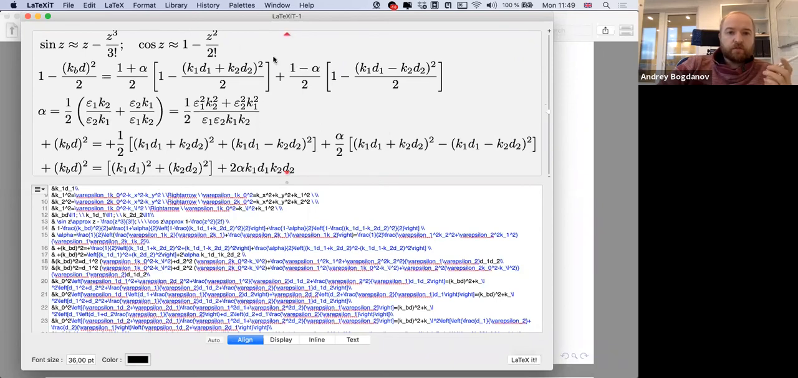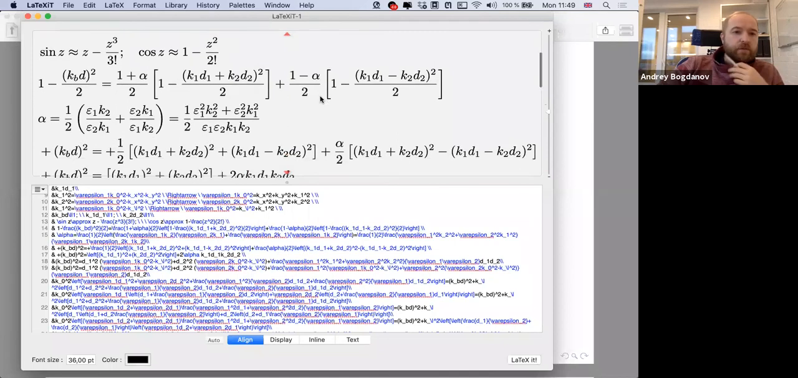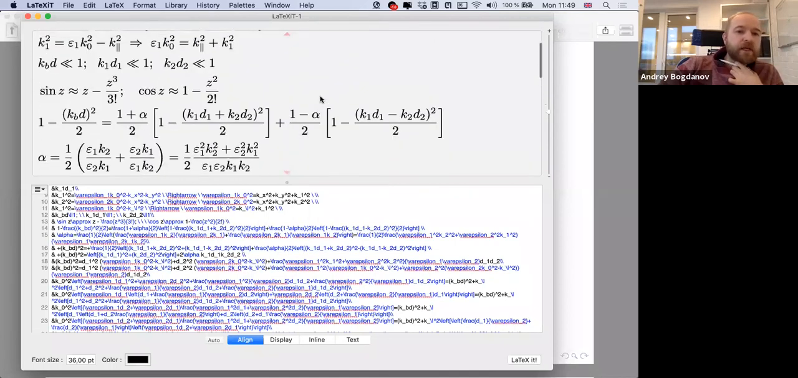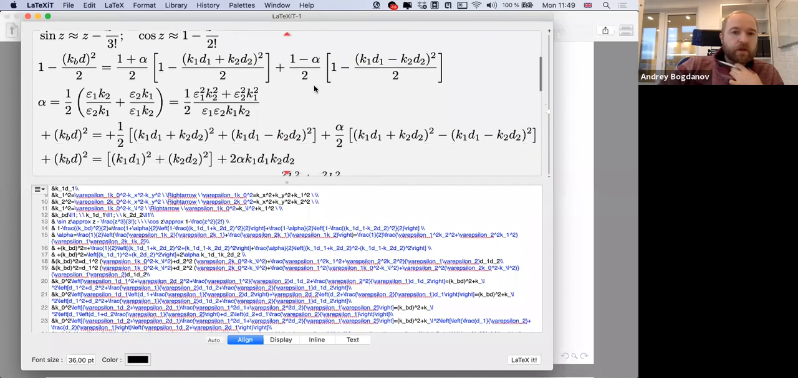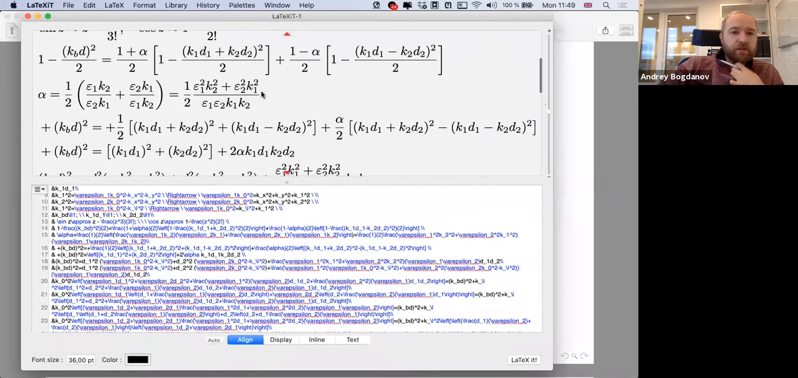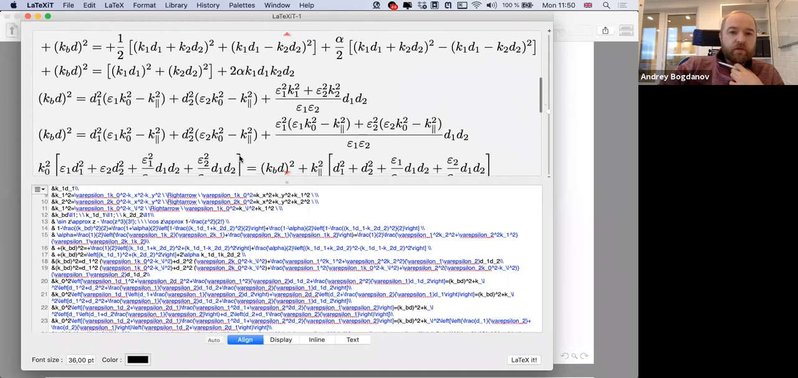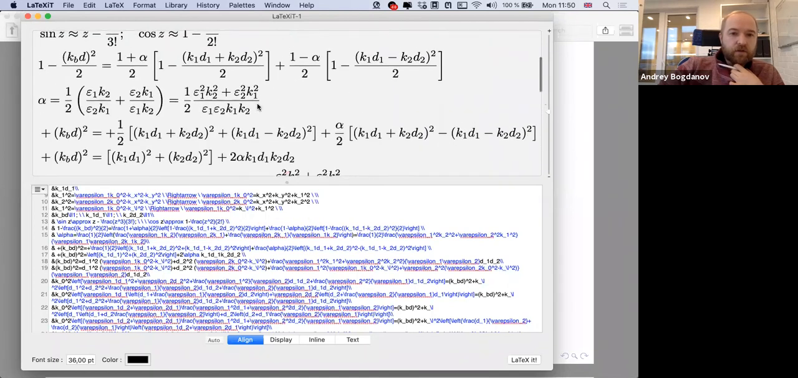Okay, dear colleagues, let's start. I'm sorry for this mistake, but I think we will correct it fast. Okay, the difference is here, yeah. So this is a new expression. The difference is only in the numerator, yeah. Here I should write epsilon 1 square K2 square. Okay. So, and here it's